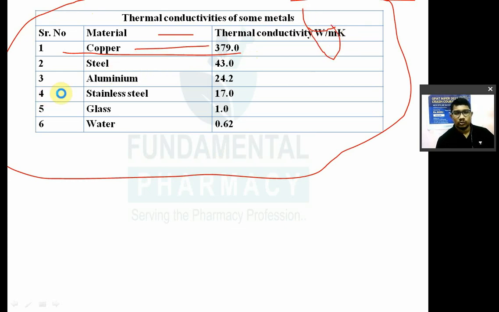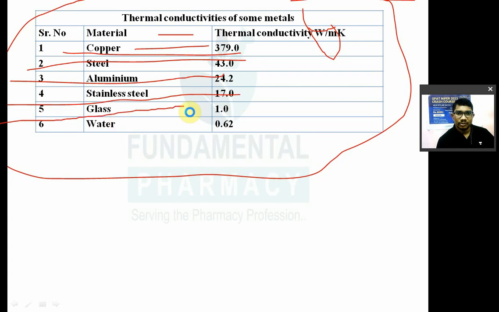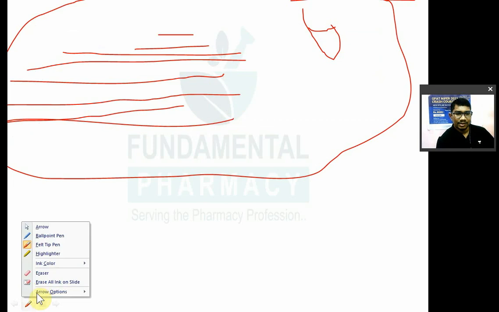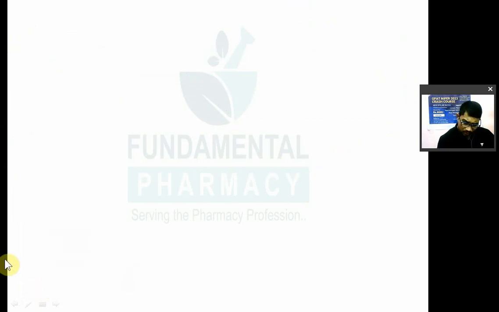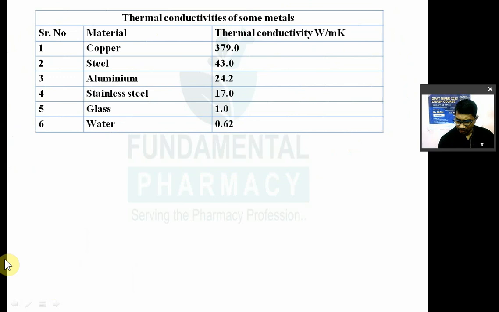उसके बाद में आता है स्टील, स्टील हैज अ कंडक्टिविटी 43 ओनली. देन एल्यूमिनियम हैज अ थर्मल कंडक्टिविटी ऑफ 24.2. देन स्टेनलेस स्टील 17. ग्लास उसके बाद में 1, वाटर का आता है 0.62. आपको यहाँ पे इतना याद रखना है कि हाईएस्ट थर्मल कंडक्टिविटी किसका होता है, कॉपर का. We have to remember this. Question आ चुका है. Copper 379, steel 43, aluminum 24, stainless steel 17, glass 1 and water 0.62. बुक में और एक एग्जांपल दिया था,